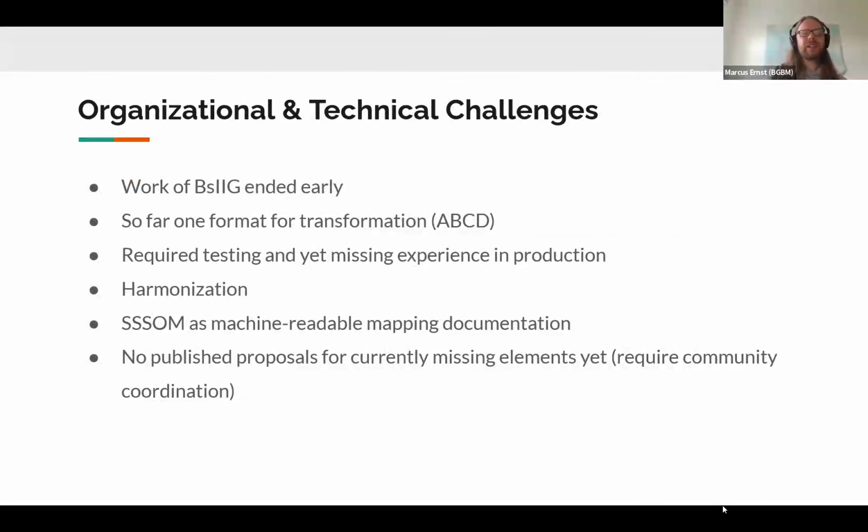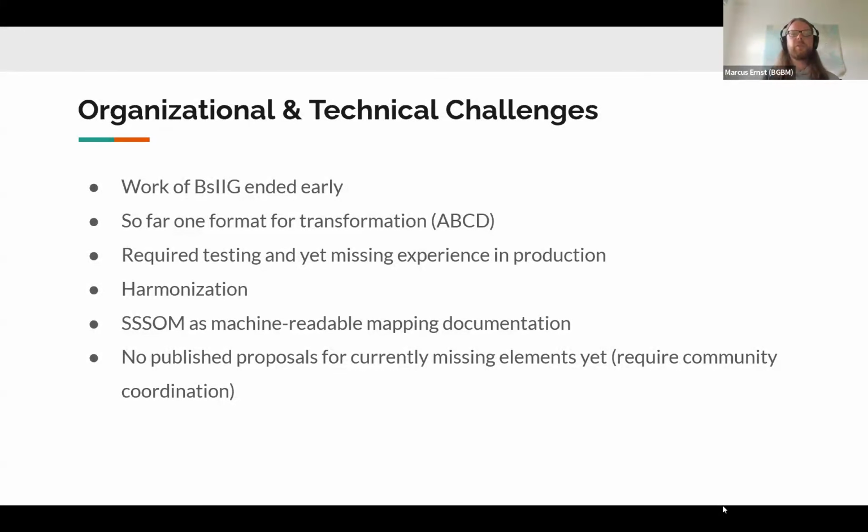To close, I want to highlight the remaining technical and organizational challenges. Even though the work of the Bioschemas Implementation Interest Group came to an unexpectedly early end due to program changes, these points should be noted in case the work is to be continued.